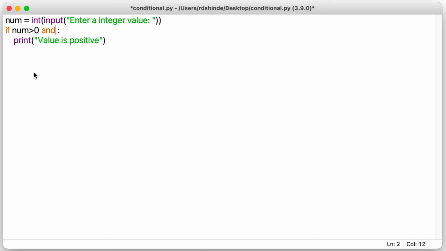Now if we want to add another condition, we can add this condition here also. So we can use this AND operator, and we can say that if value is positive and value is greater than 10, then print this message. So we are going to change this message now. We can say value is positive and greater than 10. So this message we are giving here, that if value is positive and value is greater than 10, then do this task. So let us save this and run this.